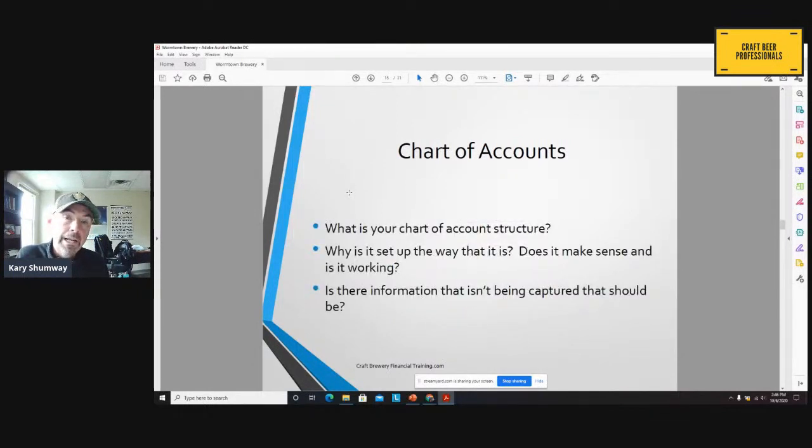So, an action item here is really, what does your chart of accounts structure look like? Why is it set up the way that it is? Does it make sense? Is it working? And one way to figure this out is, are you getting the information in your financial statements that you want to get? And if you are, you're good, no worries. If you're not, you feel like maybe you could do better, the chart of accounts is really the place to